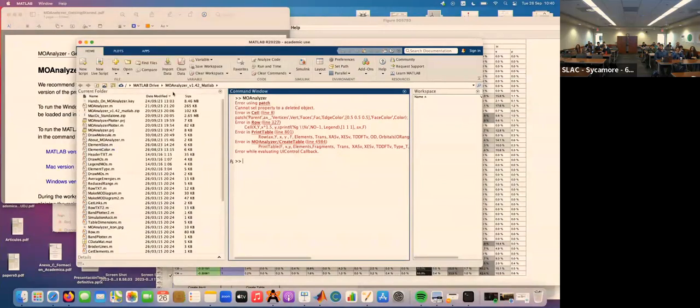And then the other thing that I should mention, that this should be on the path. Everything has to be in the folder that you use for the MOAnalyzer. But anyway, when it opens, it should put everything on the path. But it still doesn't load it like this. I'll keep trying. Are you using... I made a mistake too at the beginning. Are you using the